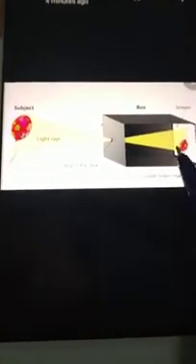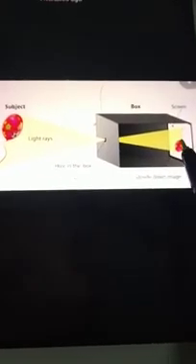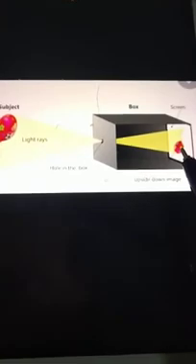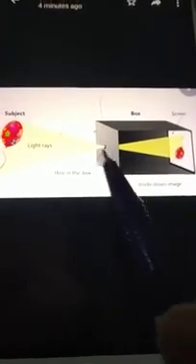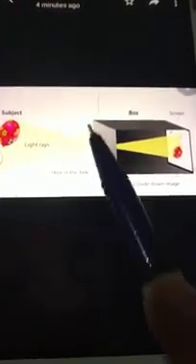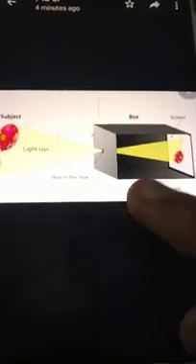In this picture, you can see this is a balloon. This balloon's image is appearing here. It is forming its image here, but upside down, an inverted image you can see here. Why is it so? And what is this? This is actually a pinhole camera. This box is actually a pinhole camera.